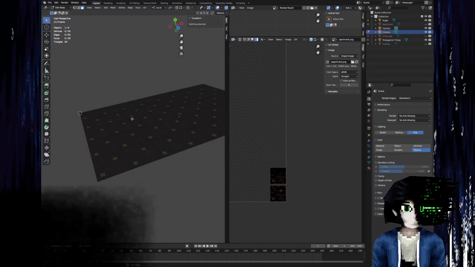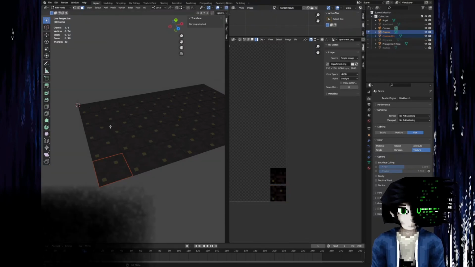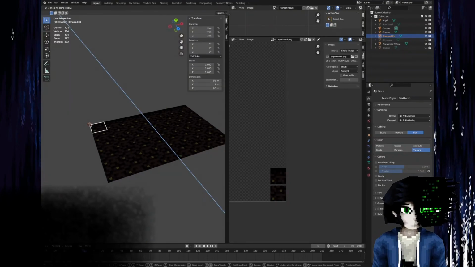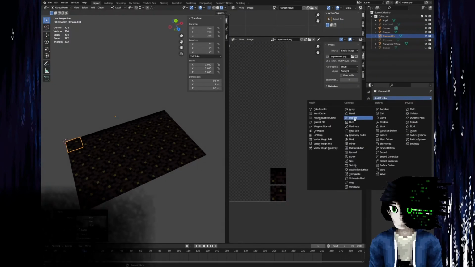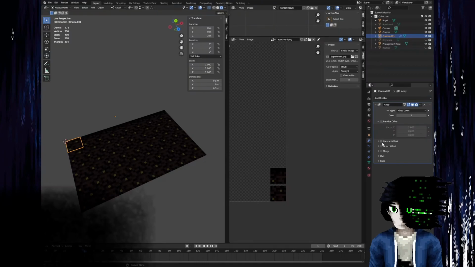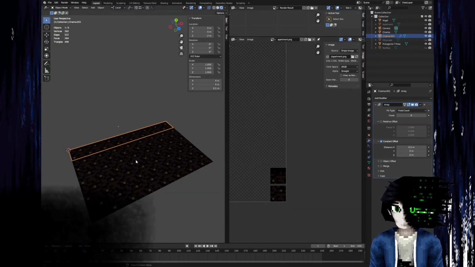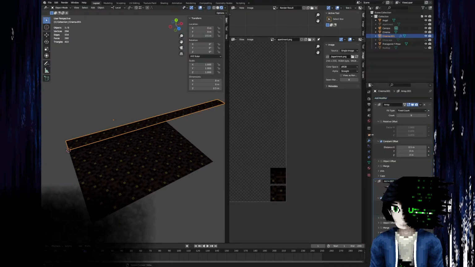Actually, I've just thought what I should probably be doing, just for the sake of editing, to get it done more quickly, is separate this out into its own object and then tile the object using, where is it? Array modifier. And yeah, move it back slightly. And then we can use another array modifier and we can use a constant offset again